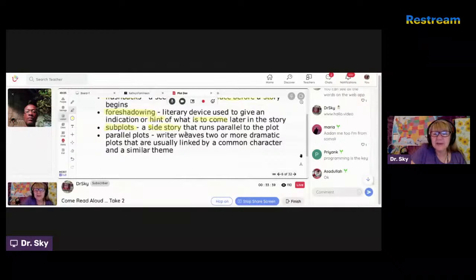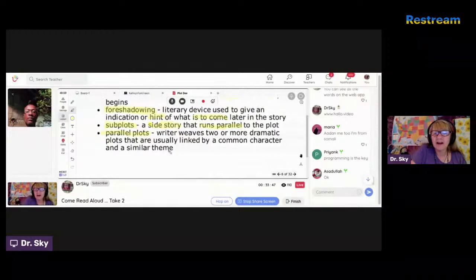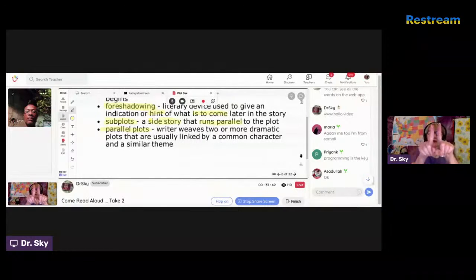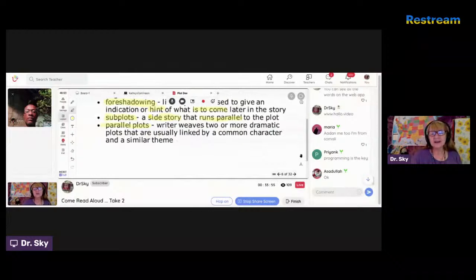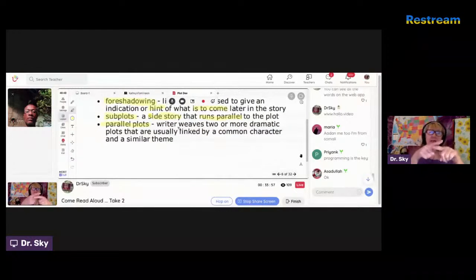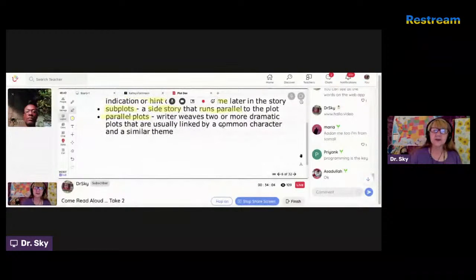It's something that's happening while a big story's going on, and it runs parallel. Now here's parallel. What is parallel? They go beside each other, right? So in writing, the writer weaves two or more dramatic plots, and they're usually linked by a common character.